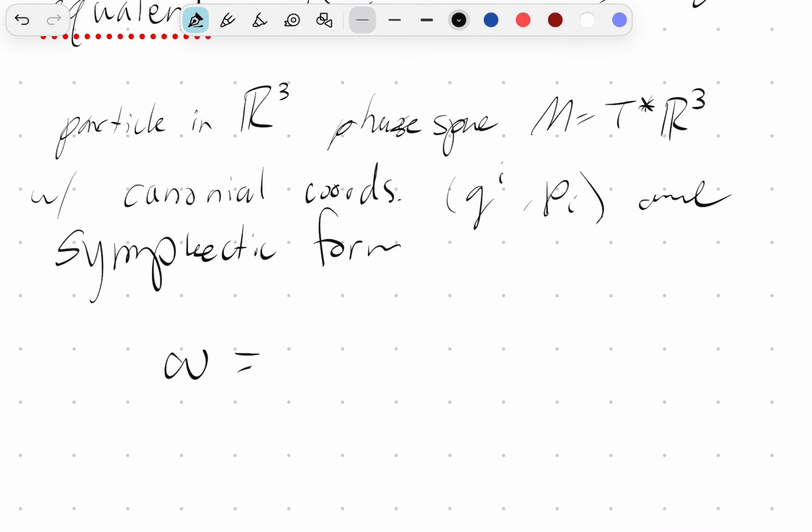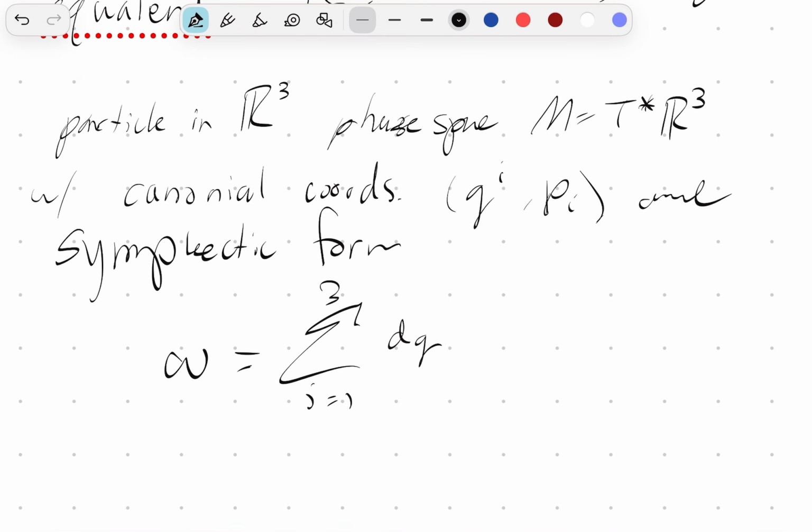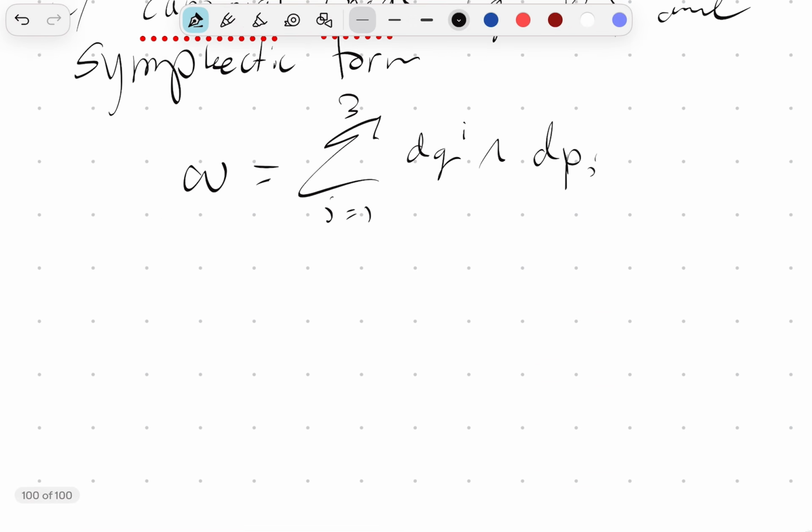So the symplectic form would be omega, summing over the three indexing the three space dimensions. Now, what we can do is define an infinitesimal rotation